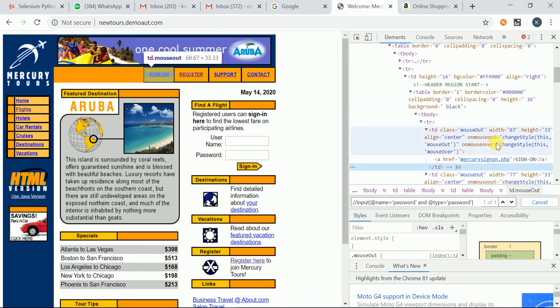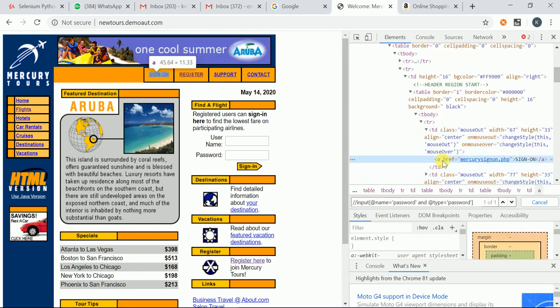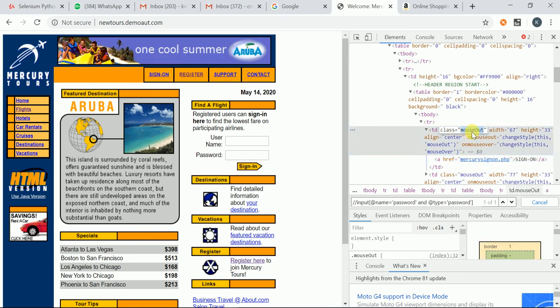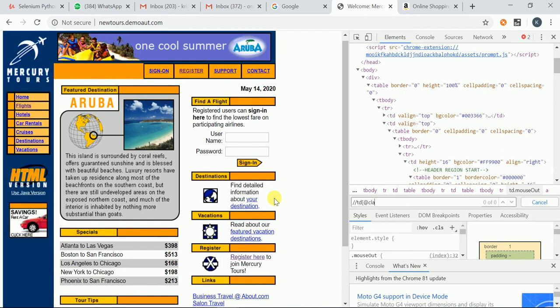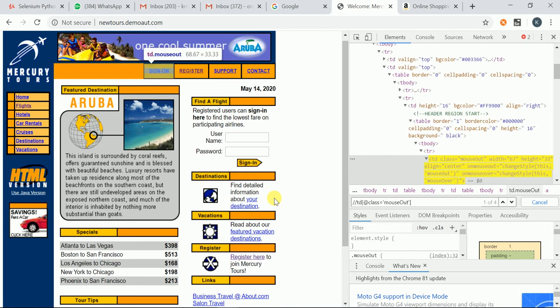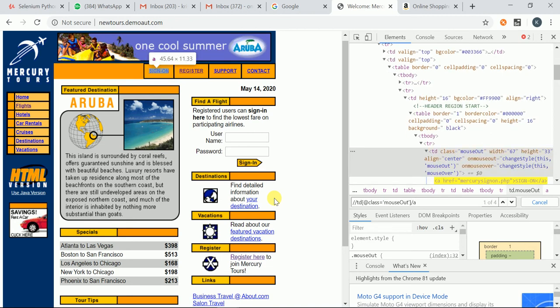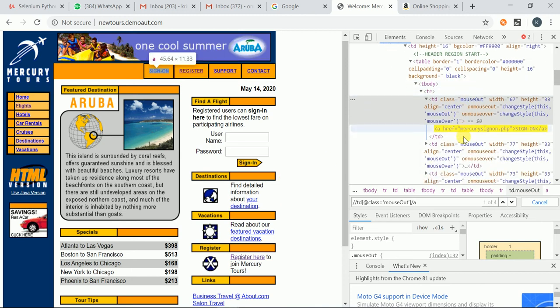Now my requirement is I want to identify this link using its parent. Using its parent, I want to locate this particular link. Let me try this. What is the tag name? TD is the tag name here. Okay, TD, class is mouseout. Let me see. TD, @class is the attribute, right? @class equal to mouseout. I am able to locate /a. How many links are there here?